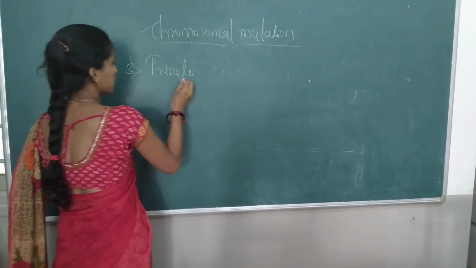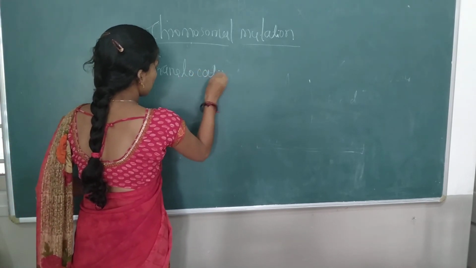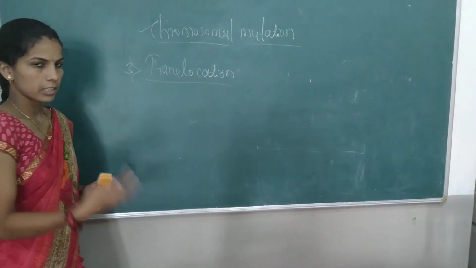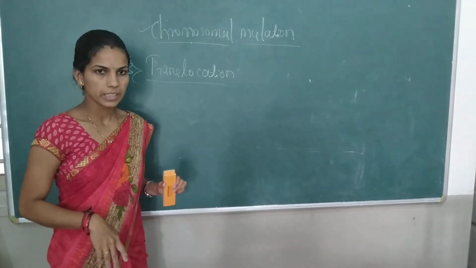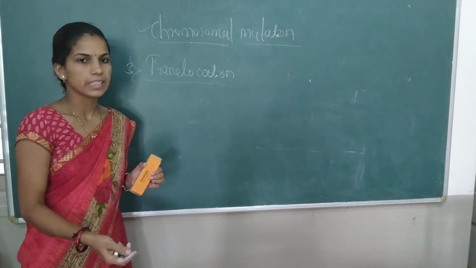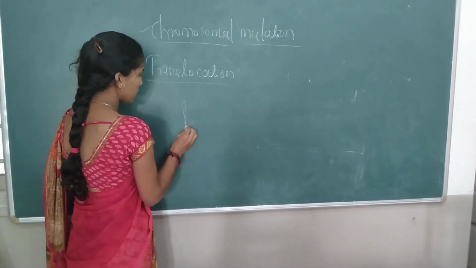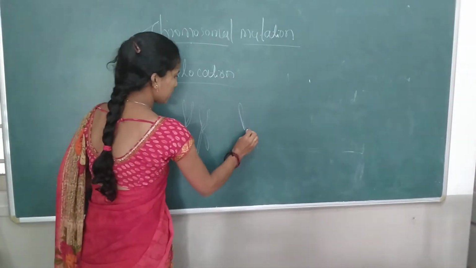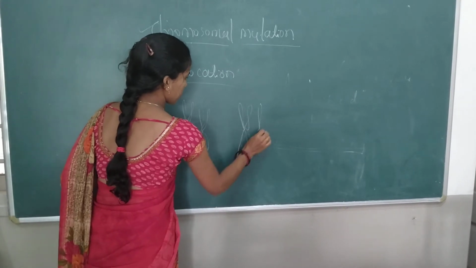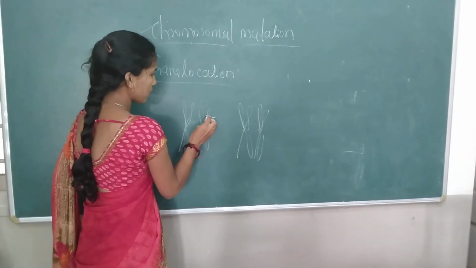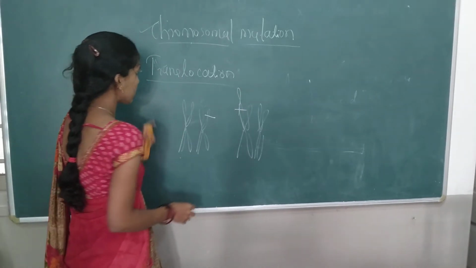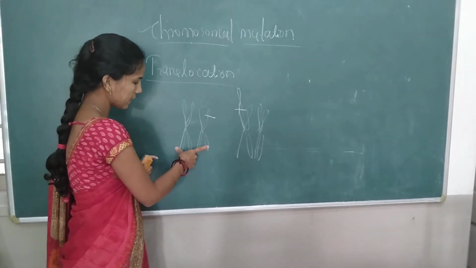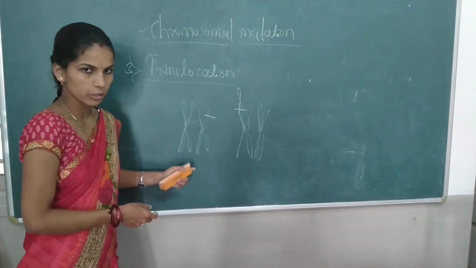So this is the third type. Translocation is nothing but the exchange or transfer of genes or a chromosome segment from one linkage group to the next linkage group. If it is one homologous chromosome, a segment will be detached and attached to a different chromosome. It will break and go and attach here. So transfer of the segment of DNA from one linkage group to another linkage group, that we call translocation.